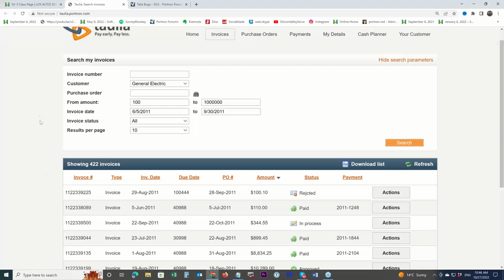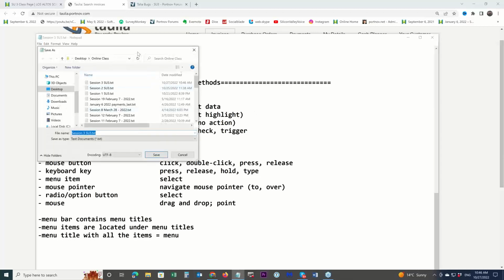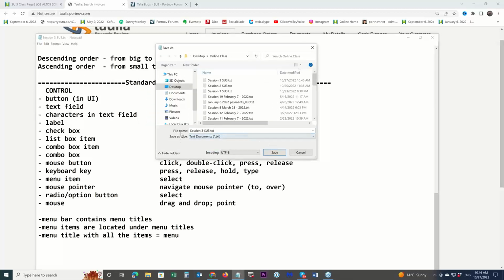It is called label. There is a user interface rule which says labels should come with a colon. If you go to, let's say, Notepad itself, and open a dialog box, let's say Save As. Look at that file name label. It comes with a colon. Look at the Save as type label. It comes with a colon. Encoding comes with a colon. See what I mean? So there are some rules.